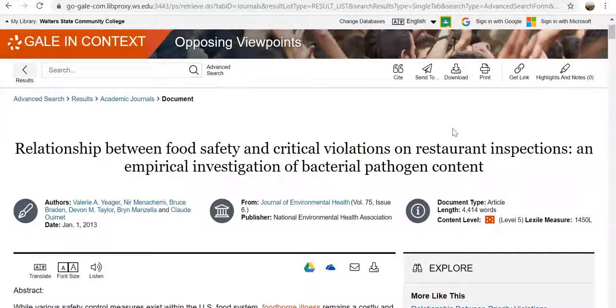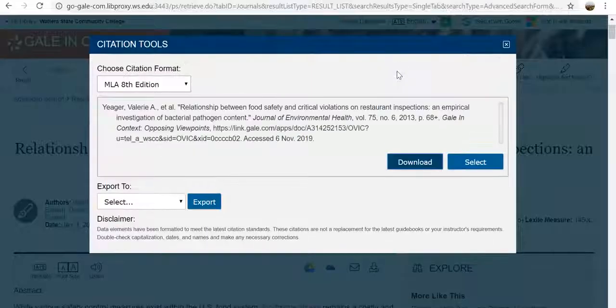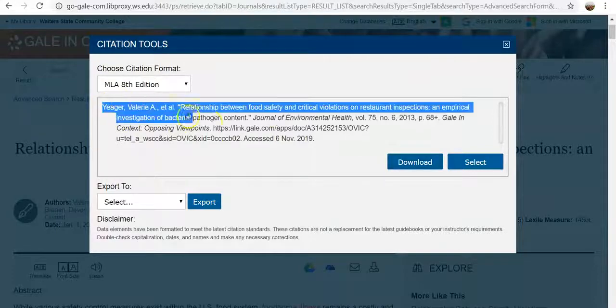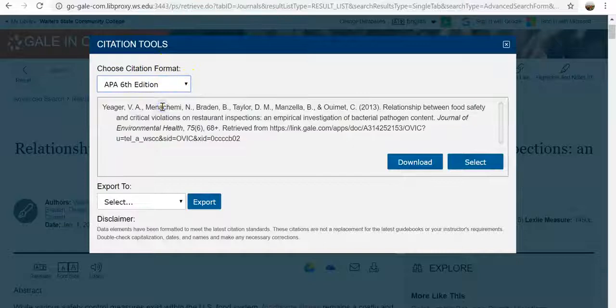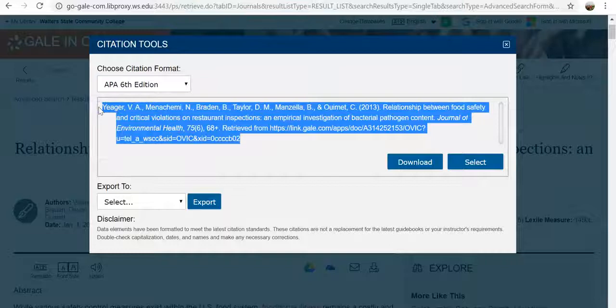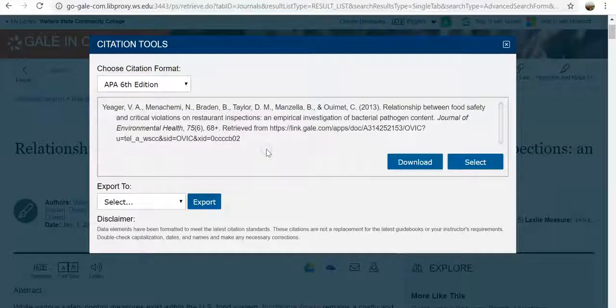The last thing I want to share with you that's really helpful is our citation tool. So these little quotation marks, when I click on those, it brings up for me what I can copy and paste into my Works Cited page. So here's the MLA edition of that. If I'm using a different citation tool, I can enter APA, for example, and then copy and paste this into my reference page. All the information you need is there, so you don't have to worry about looking up the issue or the page number, any of that,